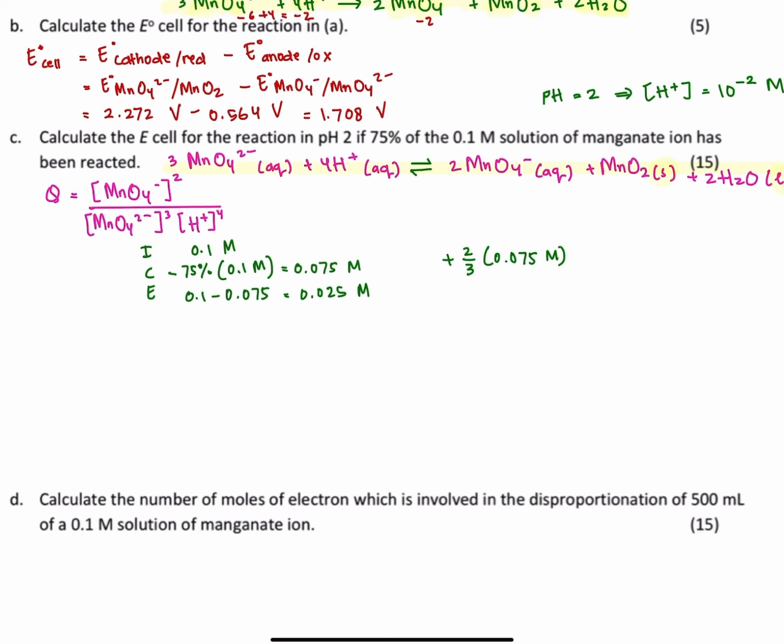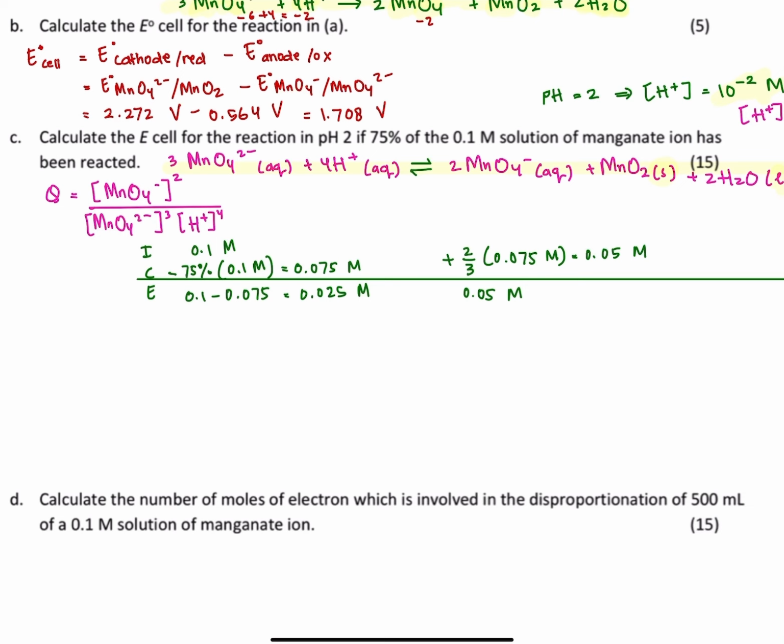So at equilibrium here, we also have this amount, okay? Now, the amount of the H plus over here at the equilibrium is actually this one. So here is the concentration of H plus at equilibrium,